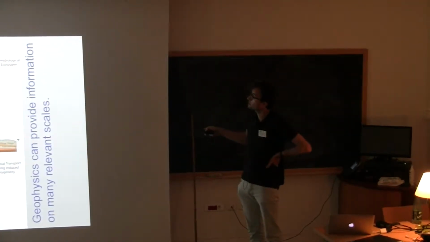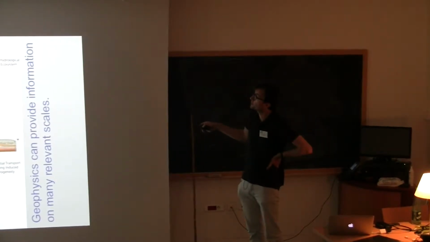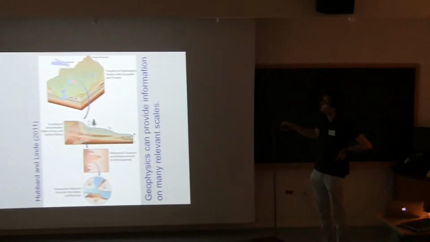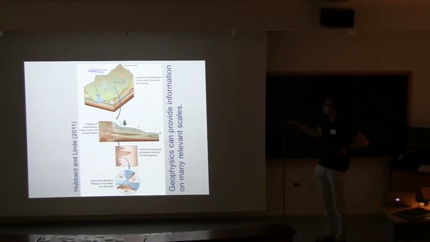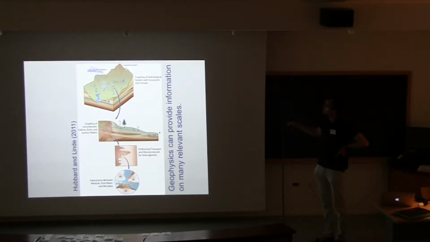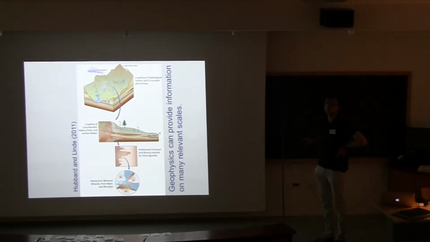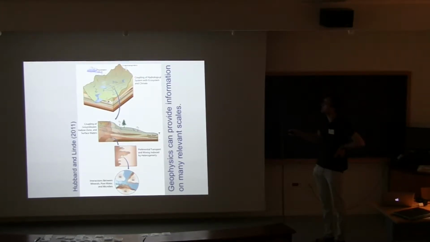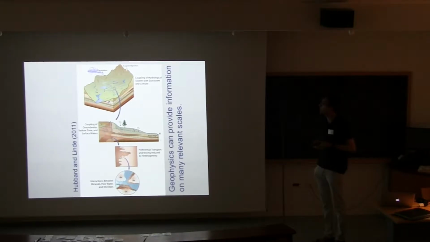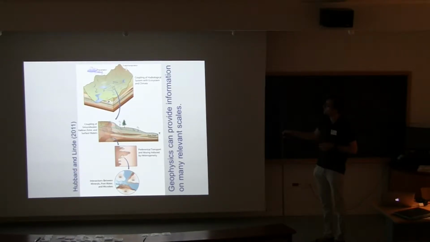So in this figure here, we could start, for example, at a basin scale or watershed scale, and we may be interested in the stratigraphy. So we will use different types of techniques to say something about different geological units, and we use this to build a hydrological model. Could be an application. We might go to a hill slope scale, look at river groundwater interaction, movement of a contaminant down here,